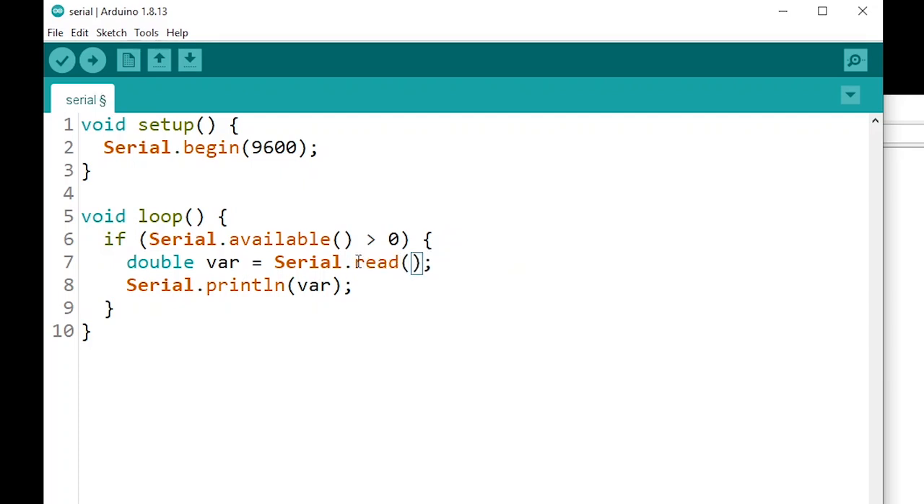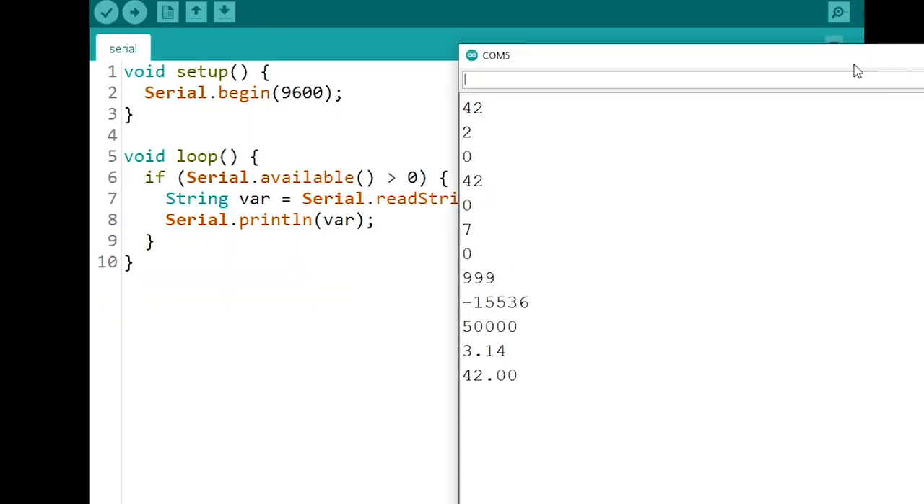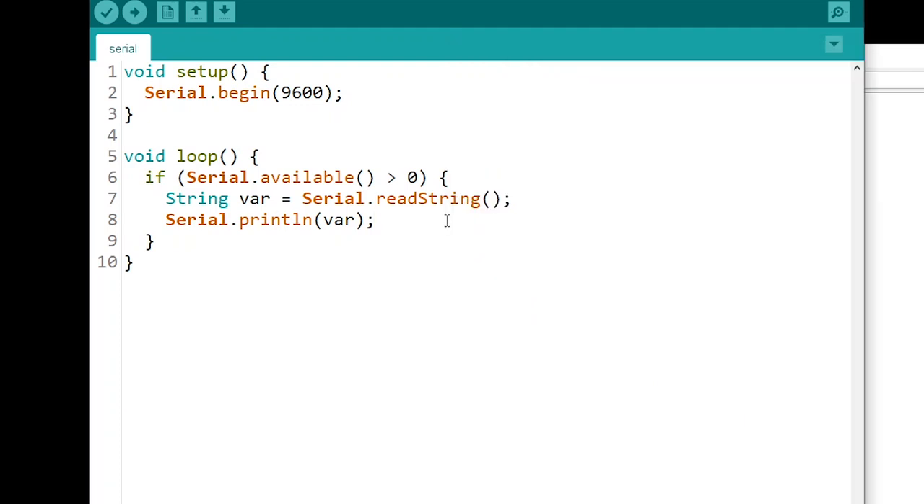So you have parseInt, parseFloat, and if you want to send a string, well, this is a little bit different. You have to use readString. And of course, the data type should be String with an uppercase. Let's try this. Okay, and let's send hello from the computer. And we get hello from the computer. So that is quite convenient: parseInt, parseFloat, and readString. Make sure you have the correct data type,